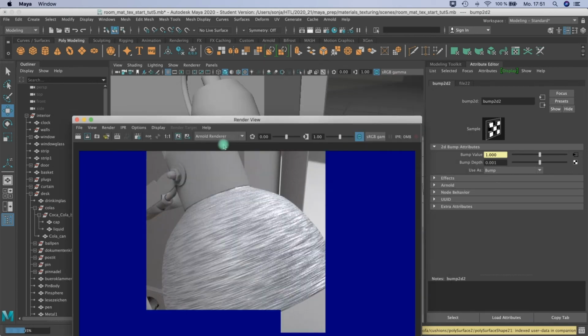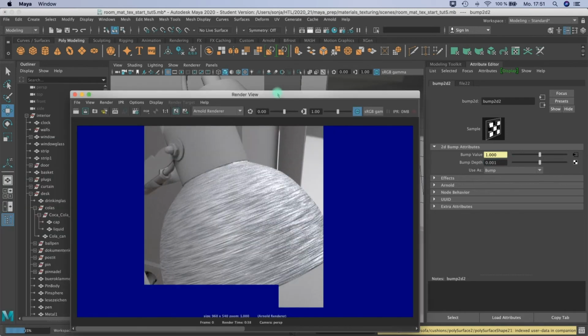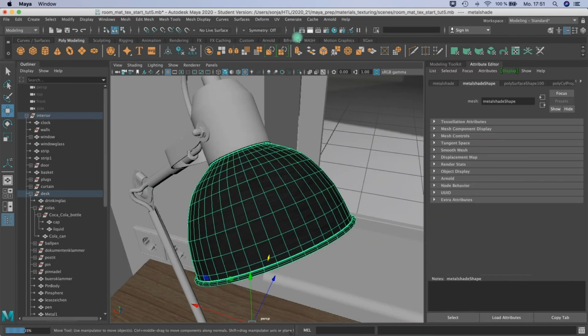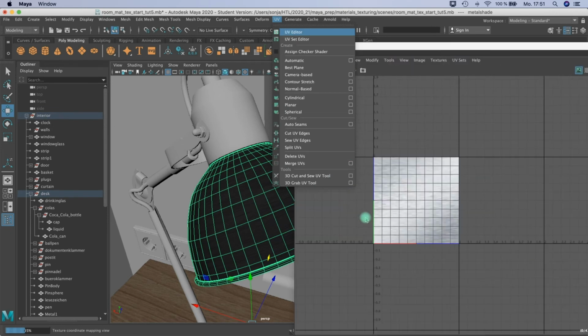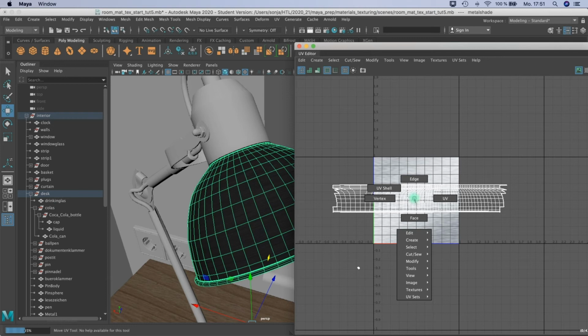I think the effect is still too hard, and I'll just try if, no, I can't decrease it anymore, so I'm not sure if I should use it here in this case. I could also adjust actually in the UV editor that it's